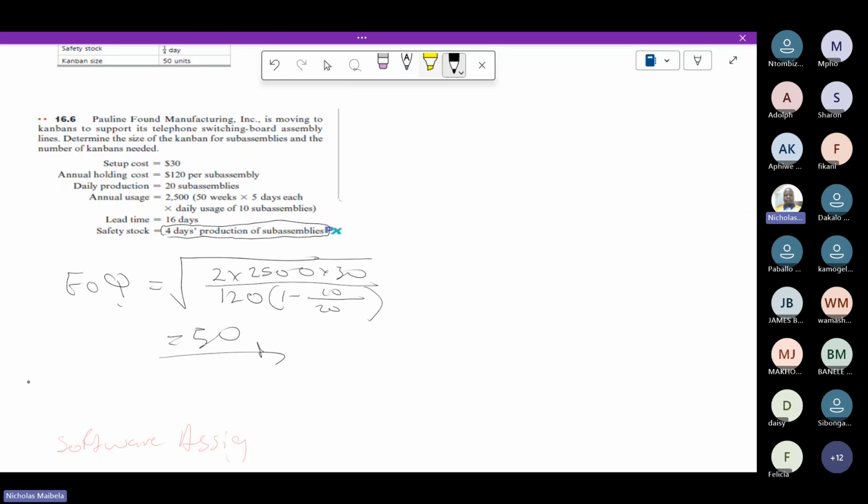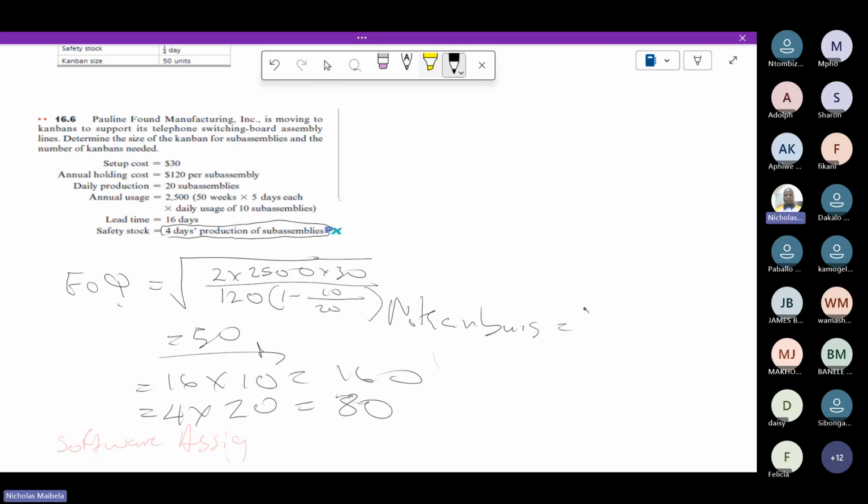Remember that daily demand, what? The lead time, demand during the lead time. We're looking for that one, which is 16 multiplied by the daily demand of 10, making it 160. Then 4 days of the production multiplied by the production, which becomes 80. Then our number of kanbans becomes